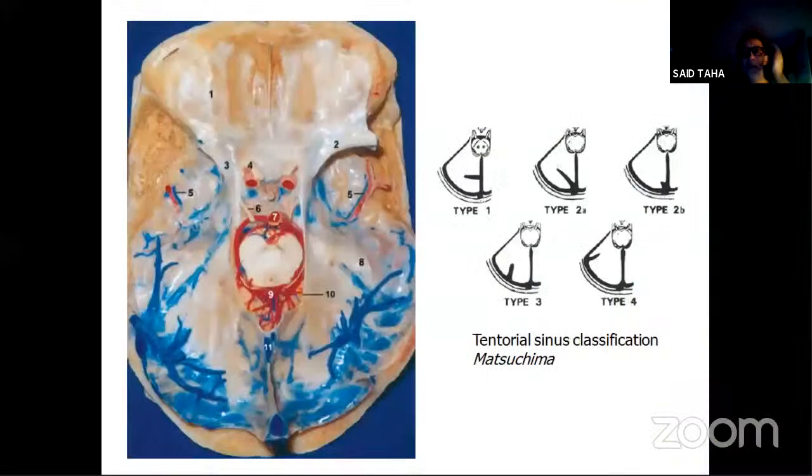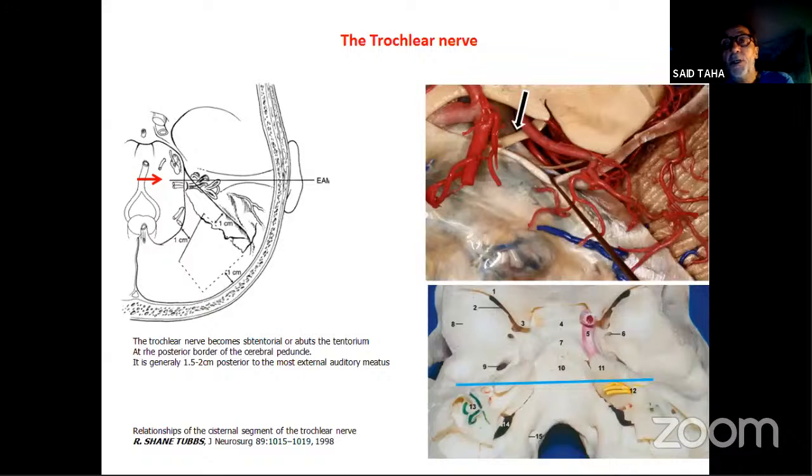We should study the tentorial vein drainage before going for the subtemporal space, and we need to know where is the trochlear nerve, and this study from Tubbs, who described this